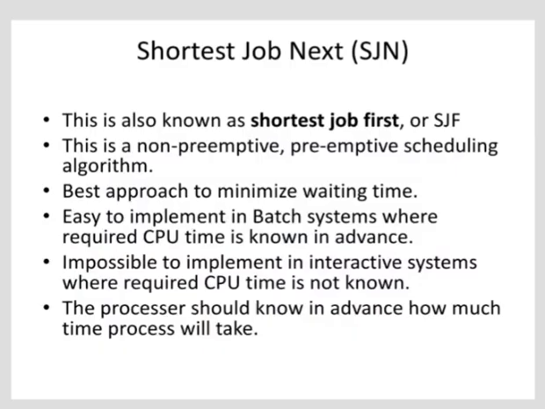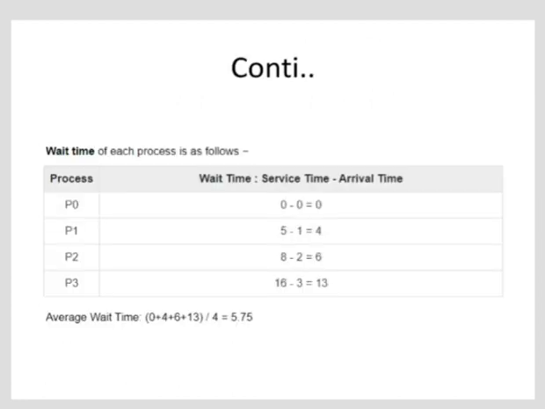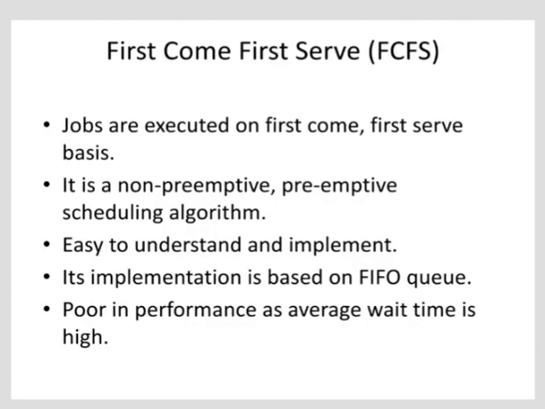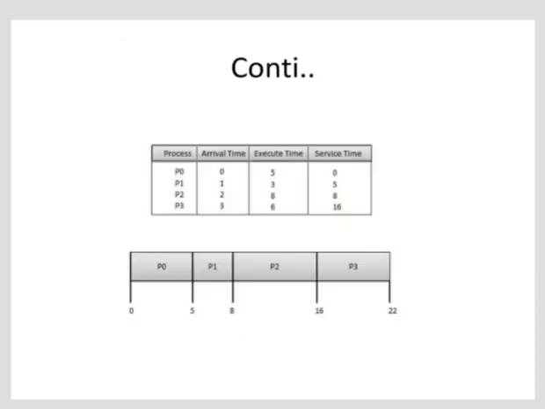Next is shortest. Before that, the conclusion of this FCFS, that is first come first serve, is that this algorithm is simple to implement. This algorithm results in poor performance. The average turnaround and waiting time are quite high. It meets the fairness criteria of scheduling, and this algorithm cannot be used in a time sharing system where it is important that each user gets a share of CPU at regular intervals. It is not desirable to allow one process to keep the CPU for a long time.